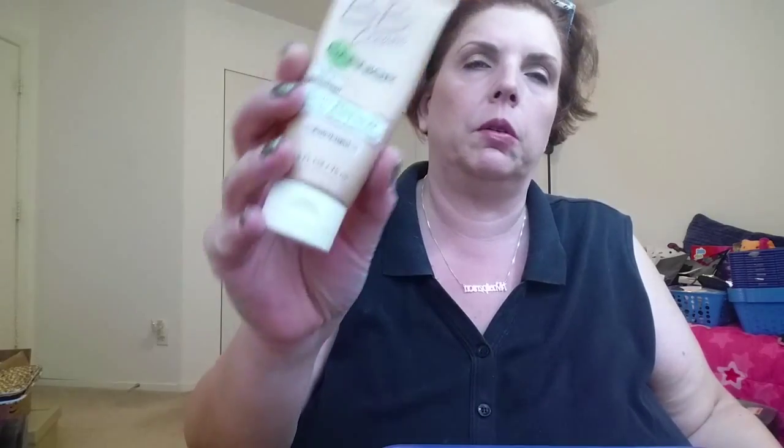Some of the basics I've been using, of course, are BB cream or face foundation. I've been using the BB cream by Garnier. This is the Skin Renew Fair Light BB cream, and I love this guy. I've been wearing this a lot in the summer. Setting it with L'Oreal